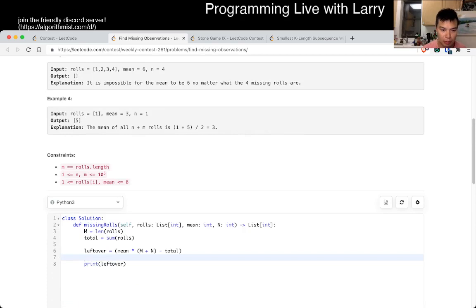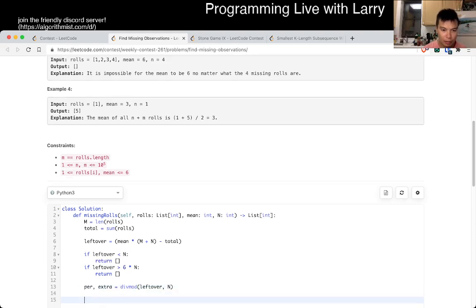What's n? N could be really big. So if leftover is less than n, then we return empty. If leftover is greater than 6 times n, we also return empty. Otherwise, it's really awkward, but we take divmod of leftover and n. So then we have per and extra, and we want to return